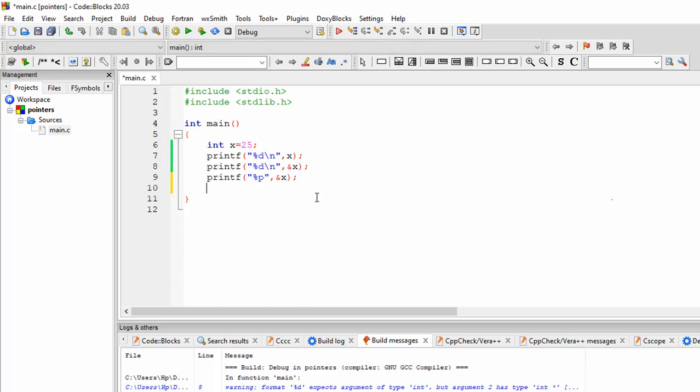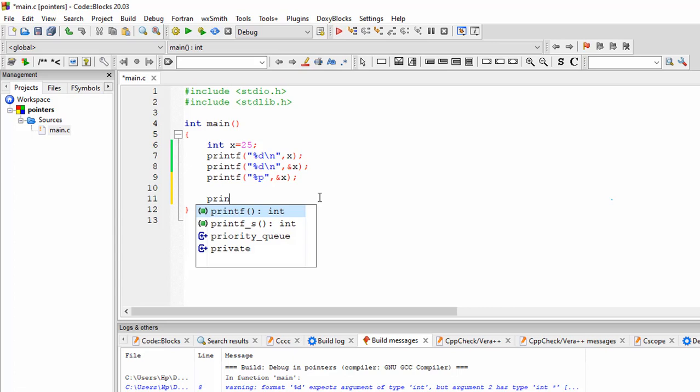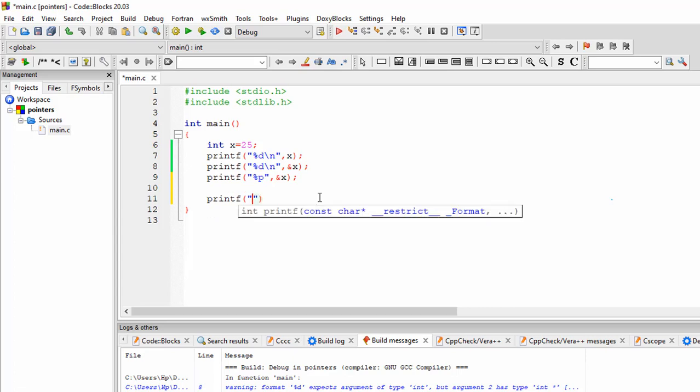Now I will write here printf. I am giving some headings here. First, suppose I write address, then I insert a tab \t, and again one more tab \t, then name, then a tab again, then I write value, then \n for a new line.